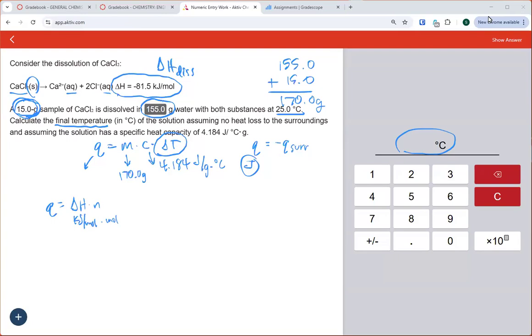So I'm going to take my 15 grams of calcium chloride and get into moles. Molar mass happens to be 110.98 grams per 1 mole. So I divide that value out and I get 0.135 moles. And then I'm going to take that number and multiply it by